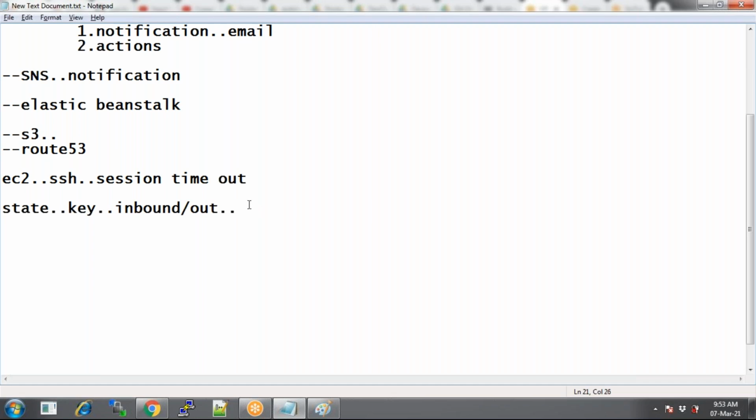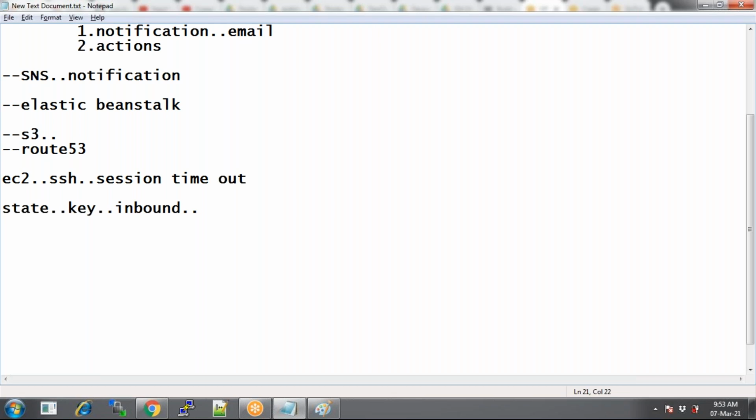Yes. So see here, these are correct points. You check the status, you check the key, whether it is the correct key. But I don't need to check the outbound rules, only inbound rules. So when do you check the outbound rules? Here I'm trying to log in. Since you're logging in, you need only inbound rules. You don't need outbound rules. Okay, fine.